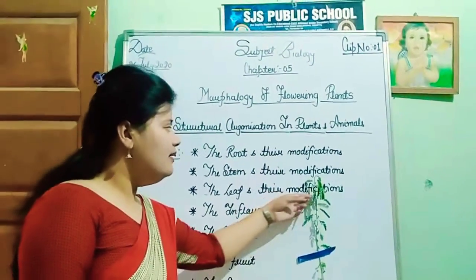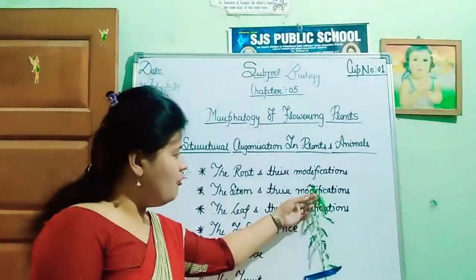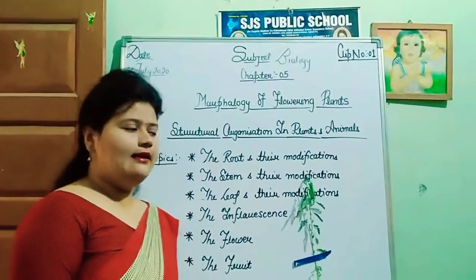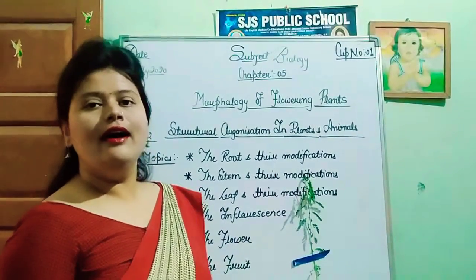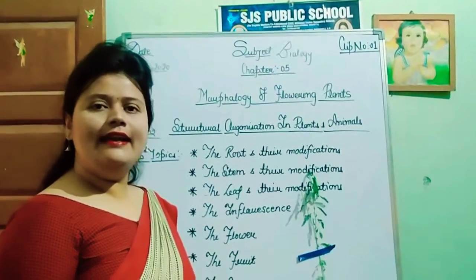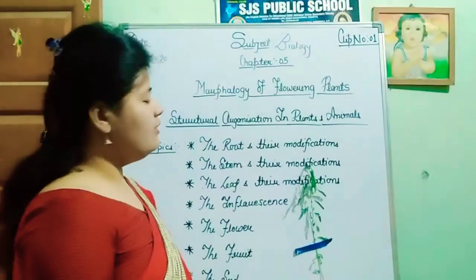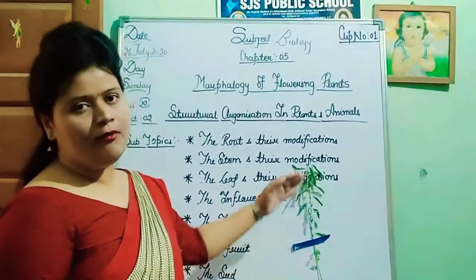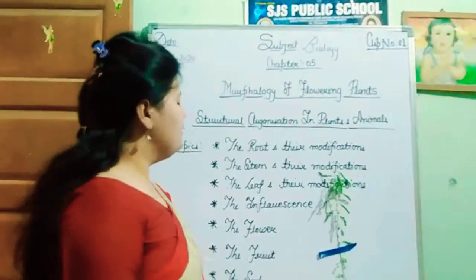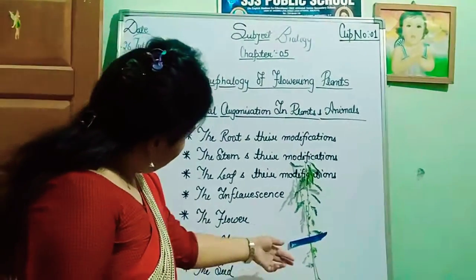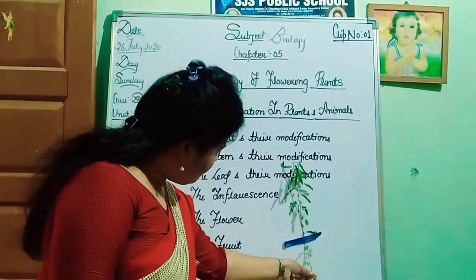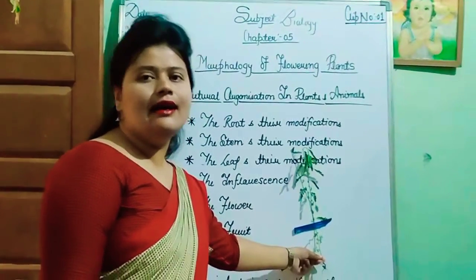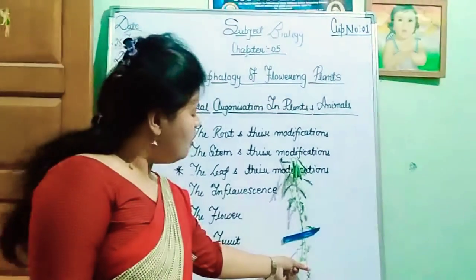This is a small plant of Azadirachta indica. Azadirachta indica, the common name of which is the neem plant. So this is a simple small seedling of Azadirachta indica, in which you can see this structure. This structure is called the root portion, which is the underground part of a plant.